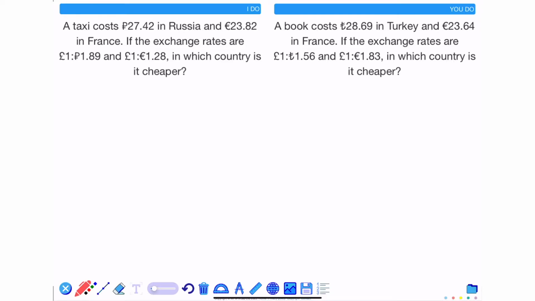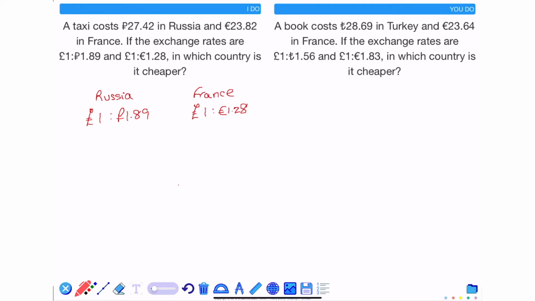In this video, we're going to be looking at how we can convert between different currencies. On the left hand side, I've got the cost of a taxi in Russia and France, and I need to use the exchange rates in order to decide which country the taxi would be cheapest in. Looking at the exchange rates,